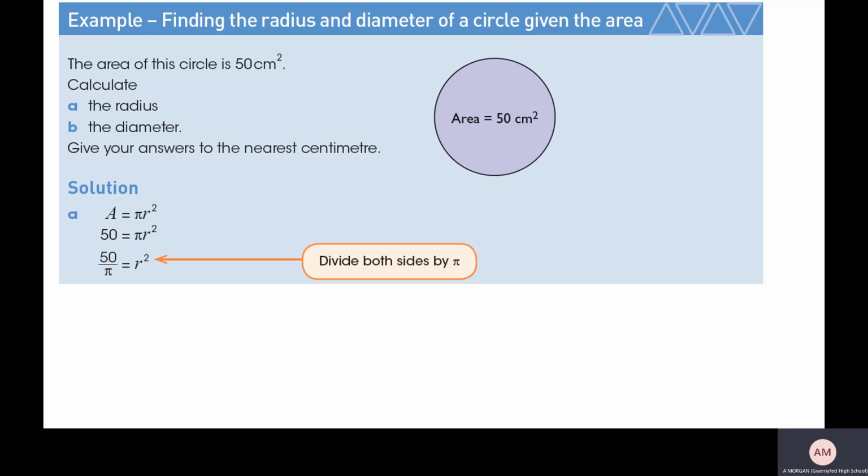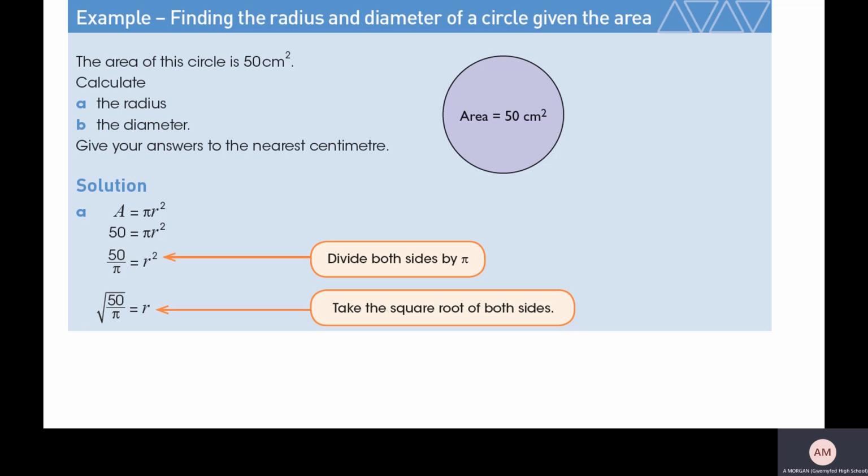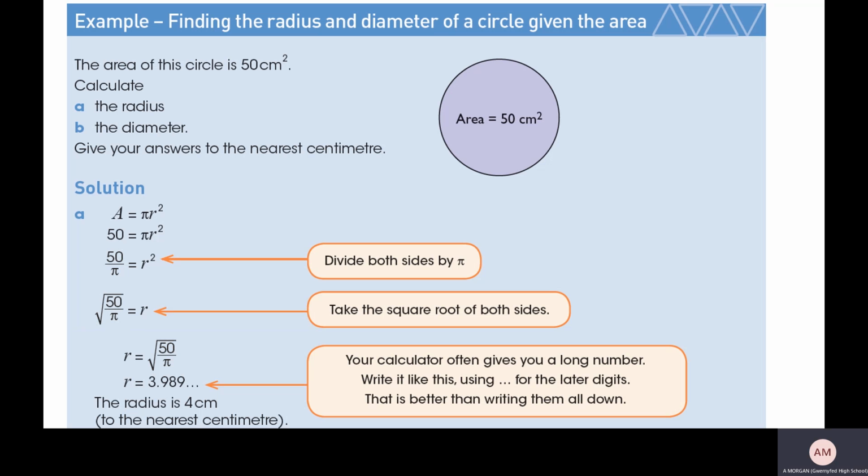Then square root both sides because it's r squared. So if you want r on its own, you've got to square root it. So that is now something you can type into your calculator: the square root of 50 over pi. Use the square root button, use the fraction button, use the pi button, press equals, press the SD button if you need to, and it should tell you that we've got